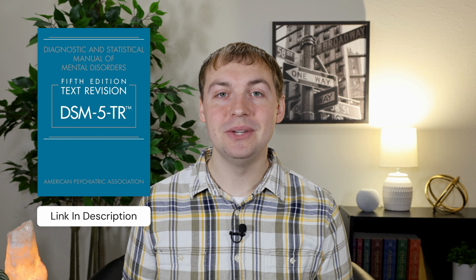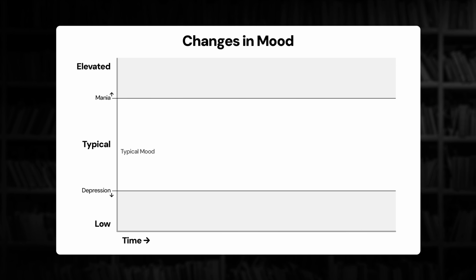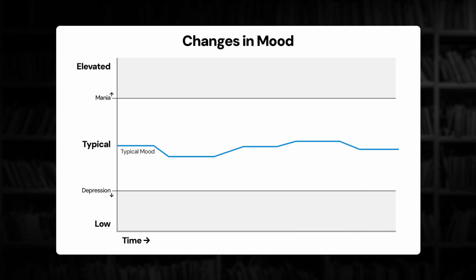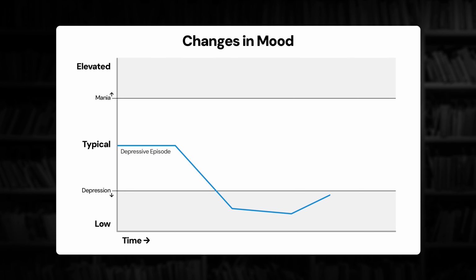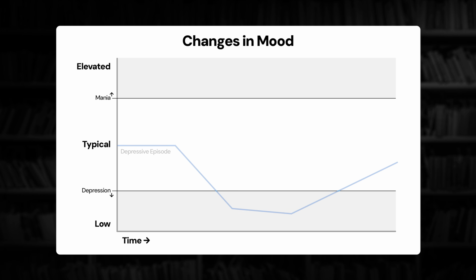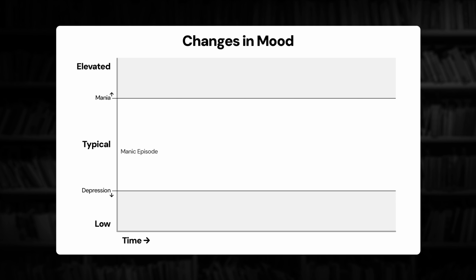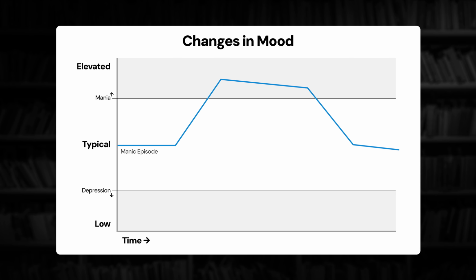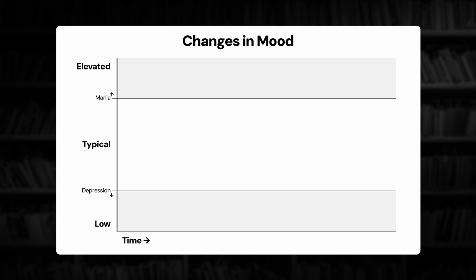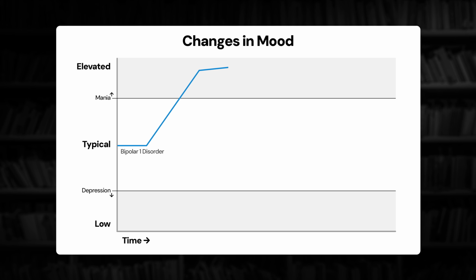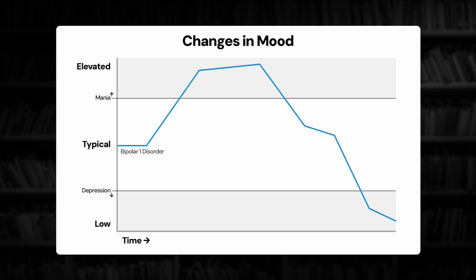Let's start by discussing generally what bipolar I disorder is. We all have changes that can occur with our mood, where we can have a lower mood at times and a better mood at other times. Overall though, our moods tend to be fairly consistent. For some people though, they may have larger drops in their mood. This is when a person might be diagnosed with a depressive disorder. When a person has a mood that is significantly more elevated, this might be referred to as mania or a manic episode. With bipolar I disorder, the person will experience shifts in their mood that drop into low depressive episodes and then increase also to times where they're experiencing mania or manic episodes.